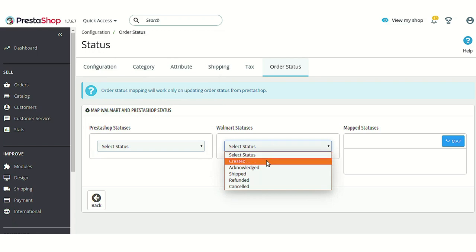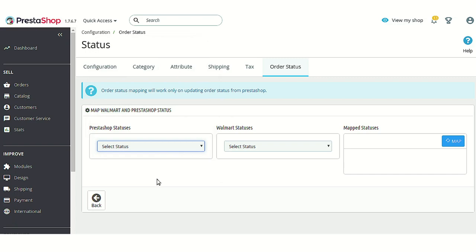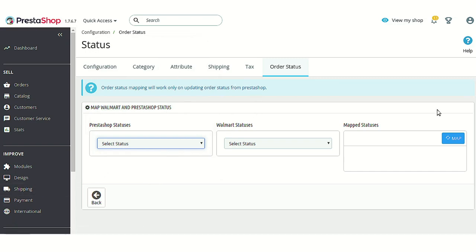As you can see, there are only a few options, and you can simply select the most suitable options of your PrestaShop with Walmart to manage things effectively and serve your customers. Now after mapping all these things, your Walmart connector module will work efficiently and you will be able to manage the orders and products more effectively than before and serve your customers in a better way.